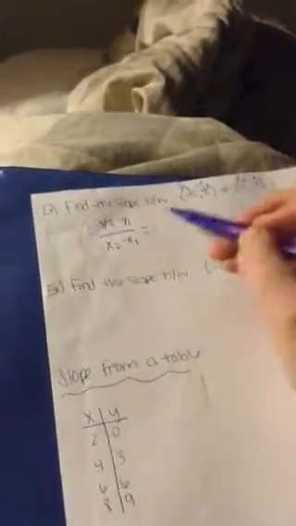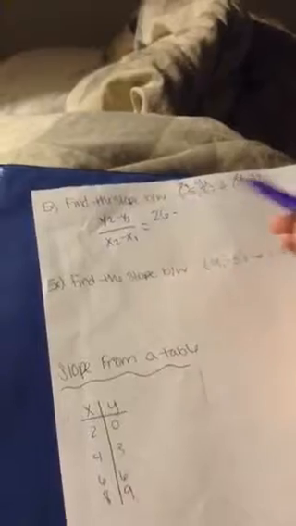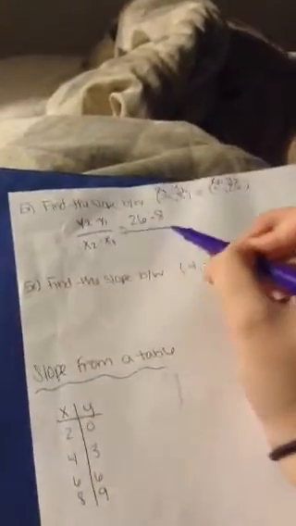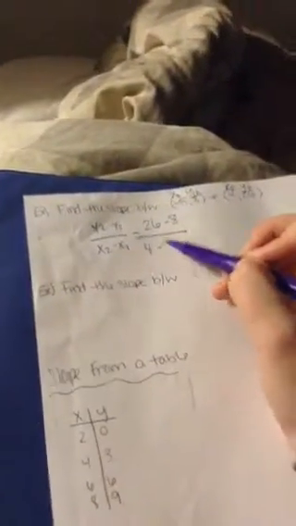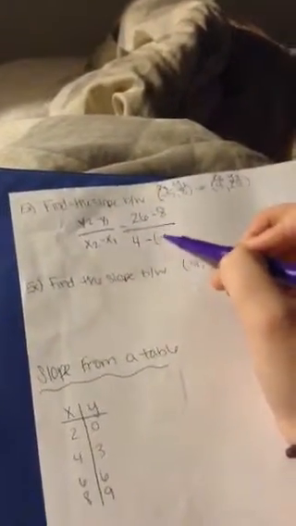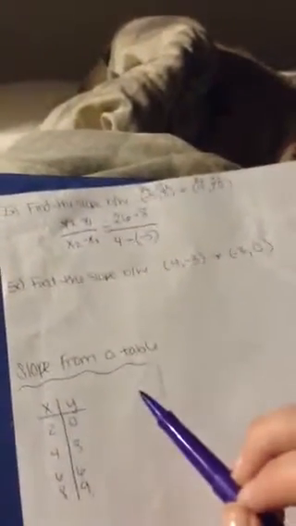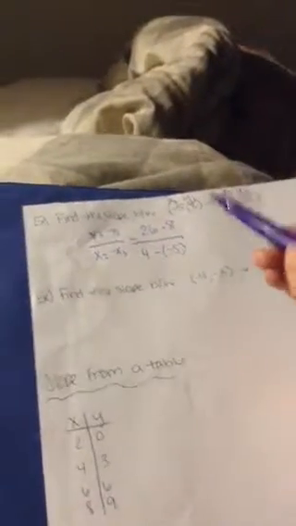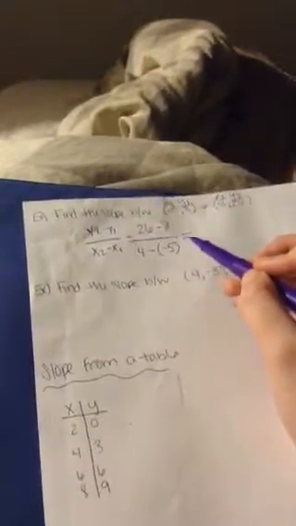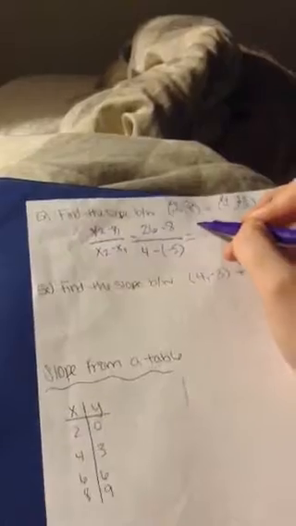Our y2 in this case is 26. Our y1 is 8. So 26 minus 8 over x2, which is 4, minus our x1, which is negative 5. When I have negatives, I put them in parentheses so that I know how to put them into the calculator. So we do 26 minus 8, which is 18,